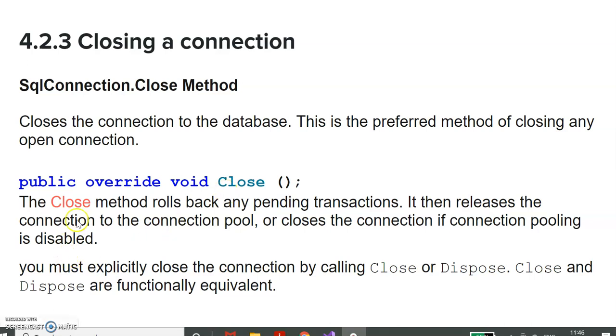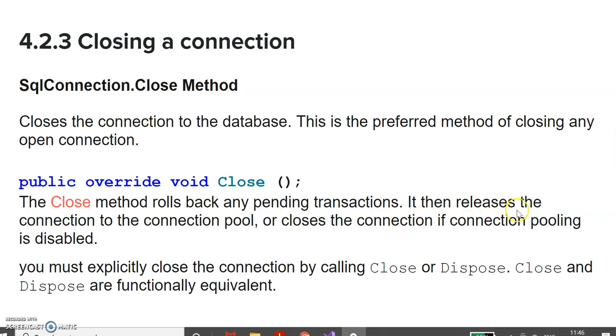So when the close method is called, the first thing it does is rollbacks. Now what is a rollback? If we are performing any transaction or action, and it is not performed appropriately, having some error, then we have to come back to the original position of that operation. That rolling back can be done with the help of close. So it will find out which pending transactions are there, and these pending transactions will be undone to the original state of the particular tables or the database.